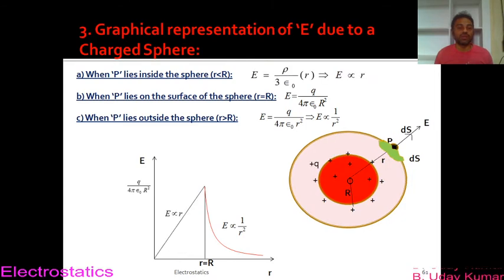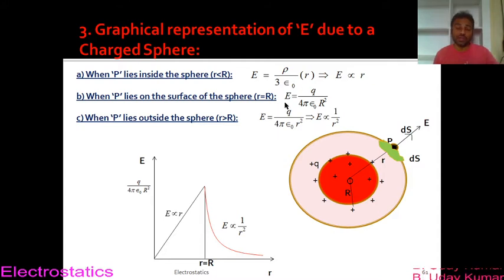Whereas in case of a charged sphere, inside the sphere E will not be 0; rather it will be directly proportional to R, and hence you get a straight line inside the sphere, which shows that E varies linearly. That means if R increases, E also increases inside the charged sphere. So you have to understand that. And the remaining part is the same on the surface of the sphere and outside the surface of the sphere. Whatever graph or values we got in case of a spherical conductor, the same formulas you get here also.